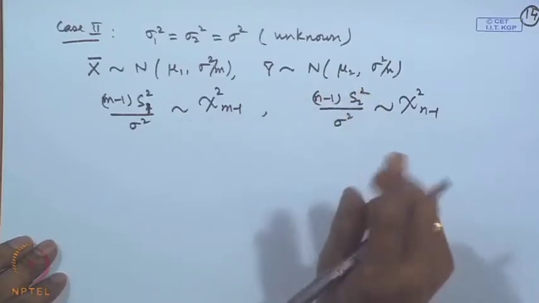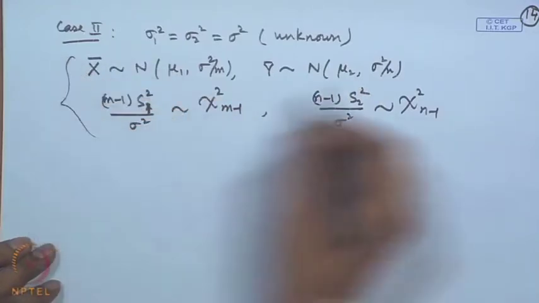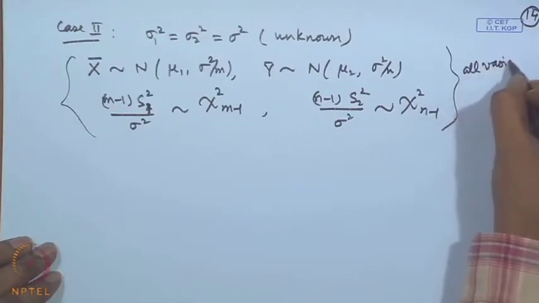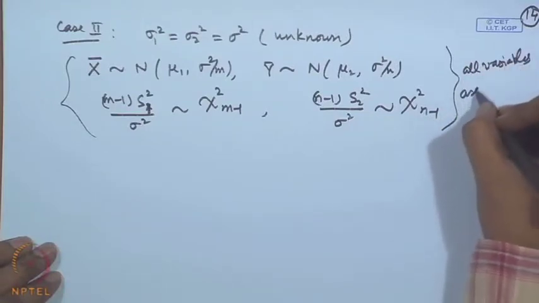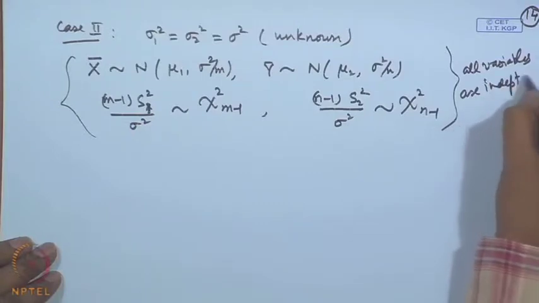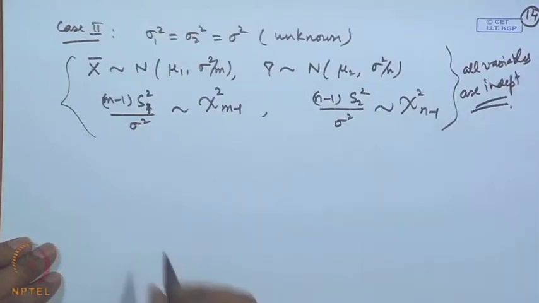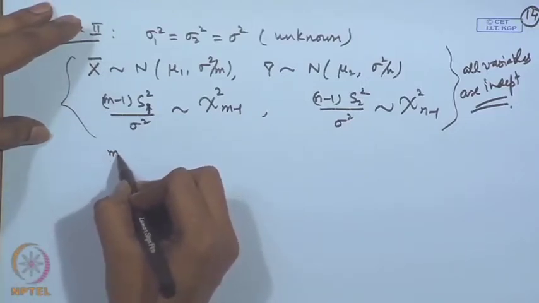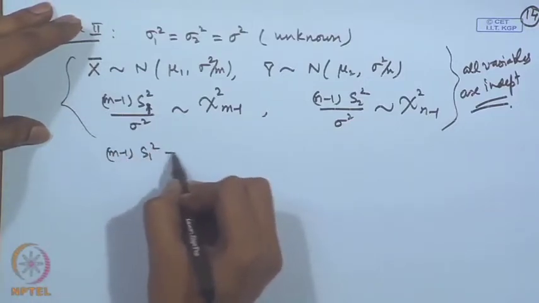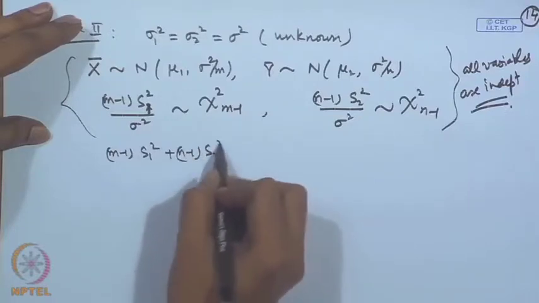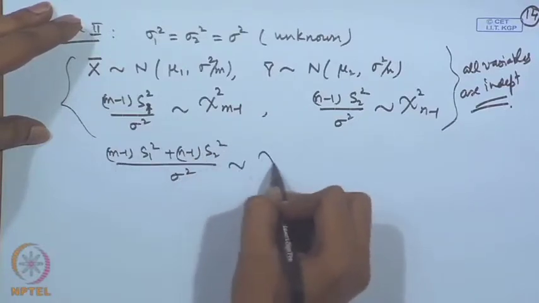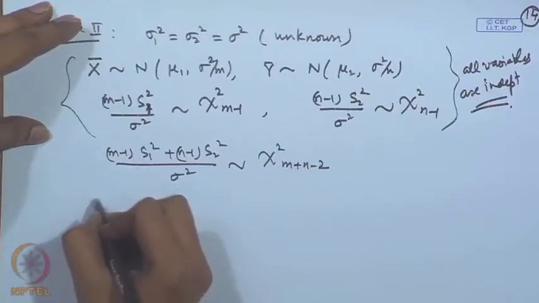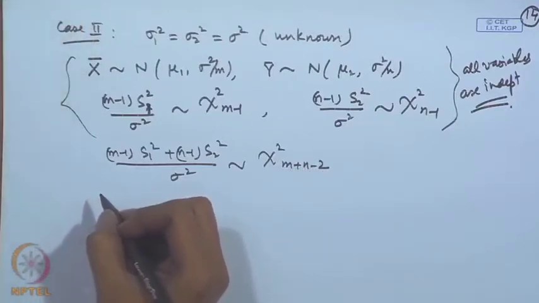That is the two sample variances, and all these variables are independently distributed. If they are independently distributed, I can consider (m minus 1) s1 square plus (n minus 1) s2 square by sigma square, that follows chi square distribution on m plus n minus 2 degrees of freedom, and therefore, I can write down